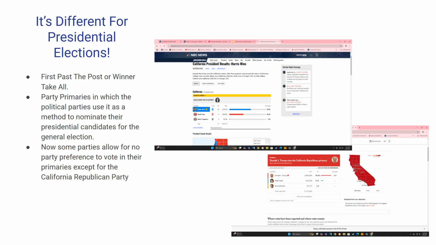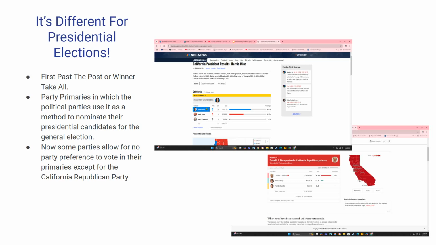So it's different, and this leads me to another type of primary system that's way different from top two primary systems. So for presidential elections,